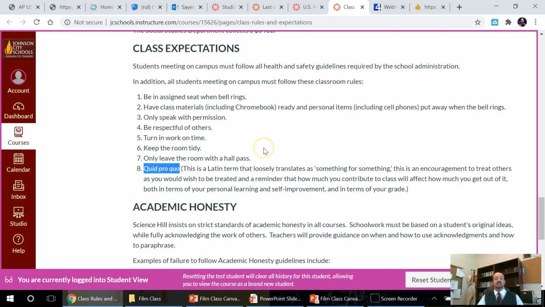Another way to look at that is the Latin phrase quid pro quo, which loosely translates as something for something. An encouragement to treat others as you would wish to be treated. And a reminder that what you get out of the class is very definitely related to what you put into it. That's particularly the case for an online course where so much really is up to you, taking charge of your own education.